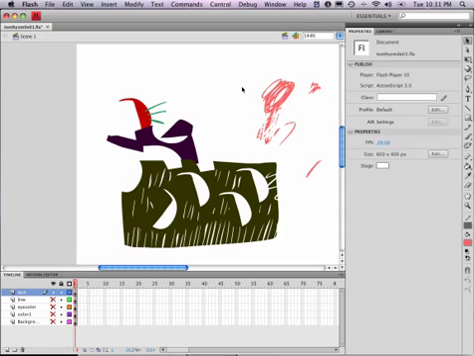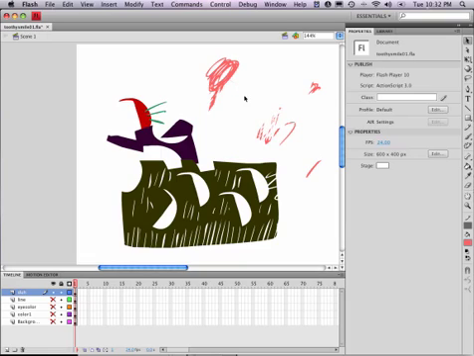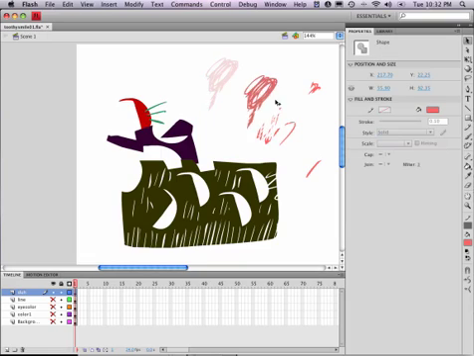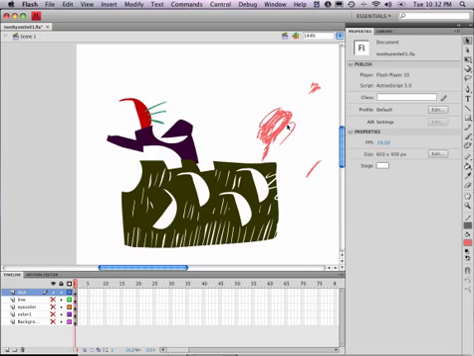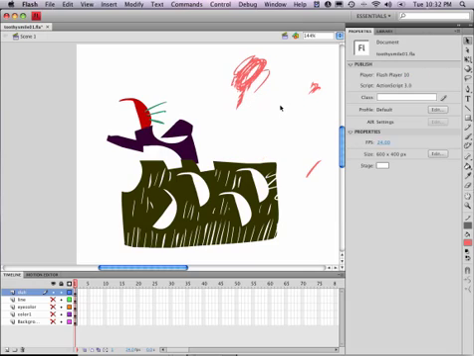Oops. Pick little pieces out of that. There we go. And they stick to each other. So that's how the